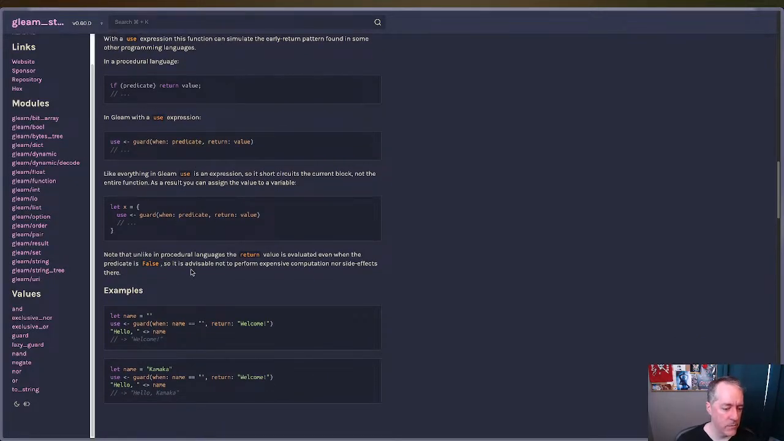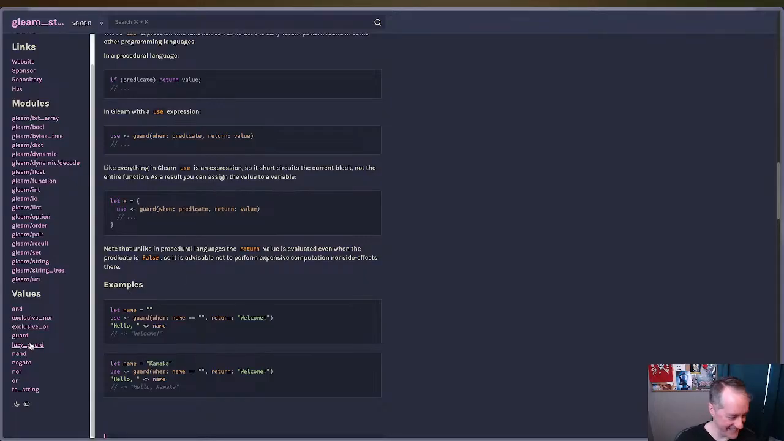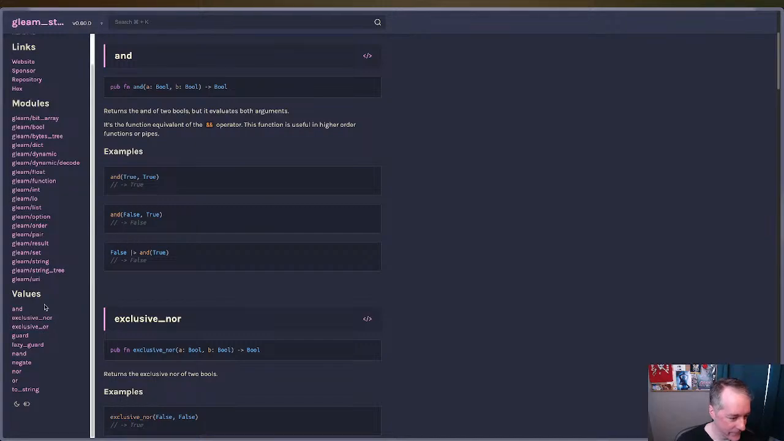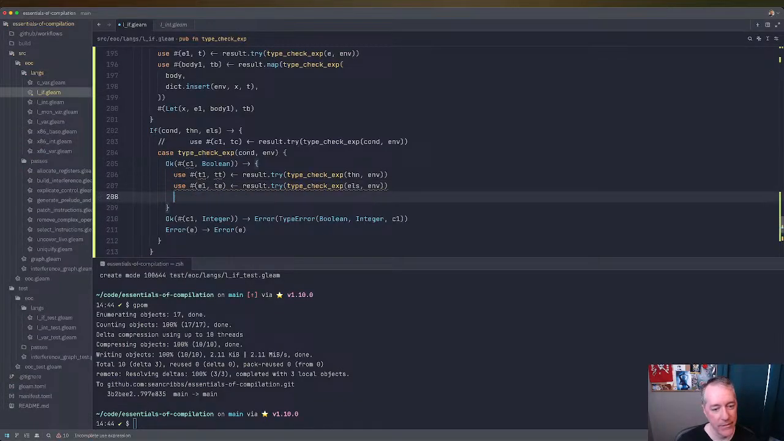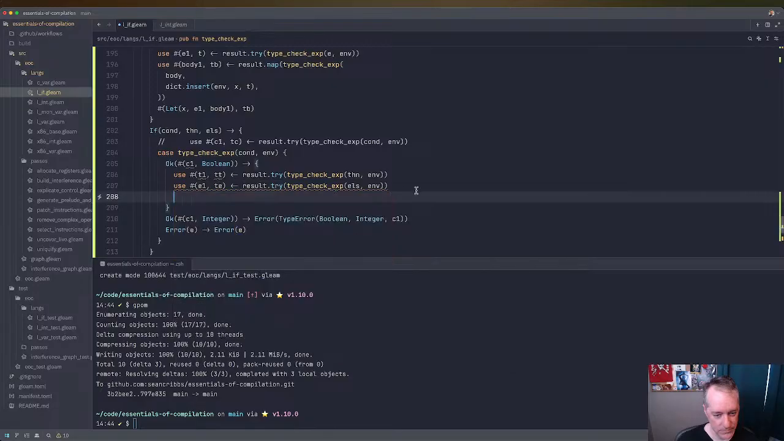No, no, no, no, no. We don't want bool guard. I might be trying to be too clever here. Yeah, it is. It is still try. Okay, so